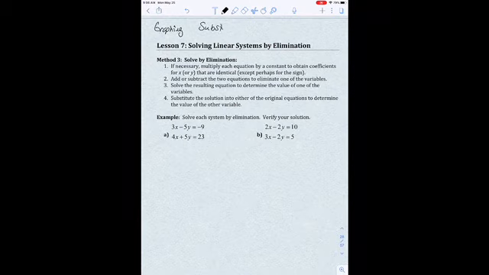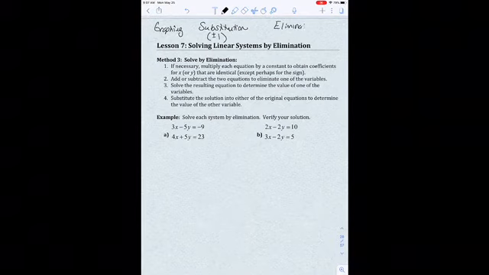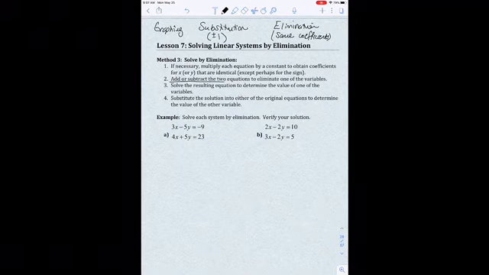And when we're looking at substitution, I just want to remind you that the method of substitution works really well when the coefficient is a plus or minus 1. So that's what we were looking for there. And when we're looking at elimination, it works really well when the coefficients are the same, okay? The same coefficients. So not just a plus or minus 1 that we're looking for, the same coefficients. And what we're going to do is we're going to end up adding and subtracting our two equations to eliminate